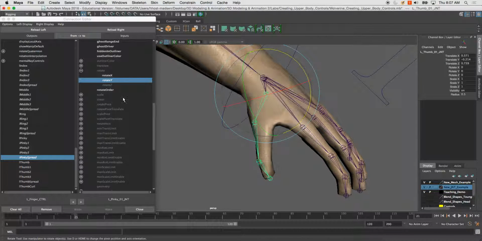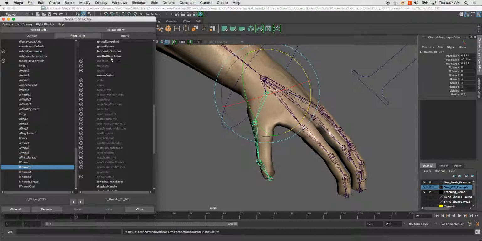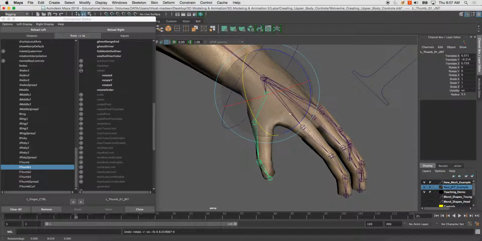So I'm going to do this as reload right for L thumb 1, rotate. And let's see what axis this is. This is rotate Y. That's going to be rotate Y,